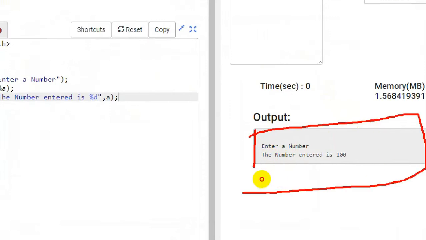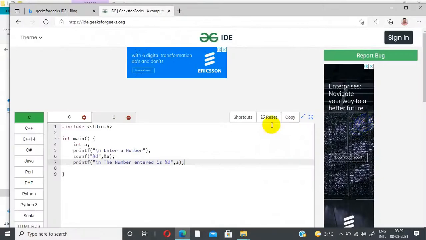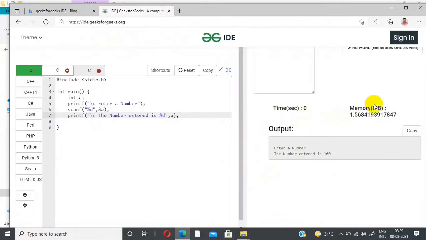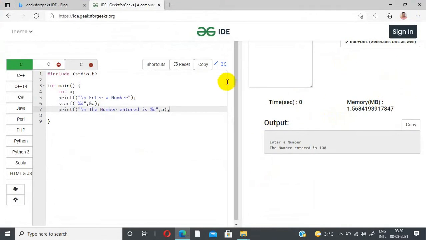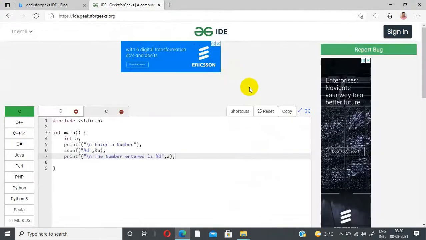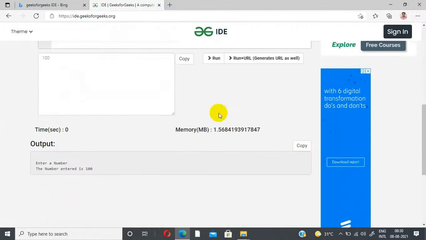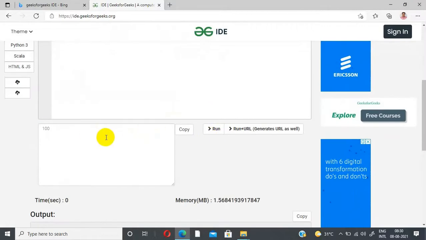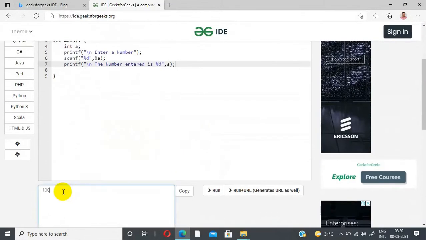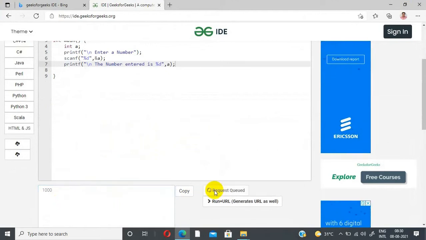The output window as well as the input window is coming in parallel. Run and everything is coming in parallel. This is the advantage. When you split, you can see the output in parallel. If you click again, it will go to the bottom. So once your program is executed, to see the output in parallel, you have to do it like this. I'm giving 1000. Run the program.